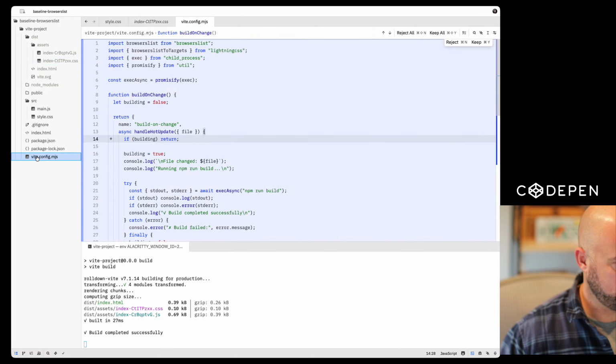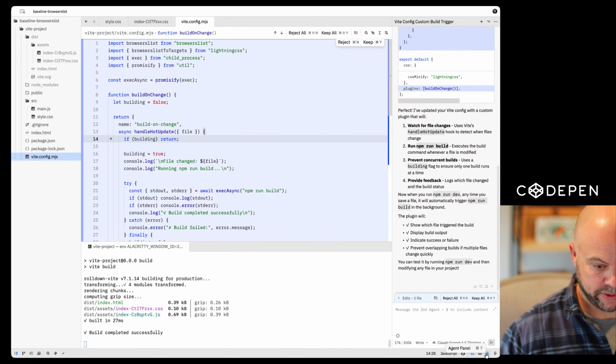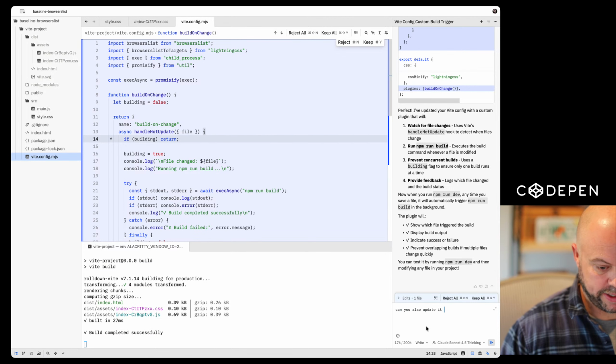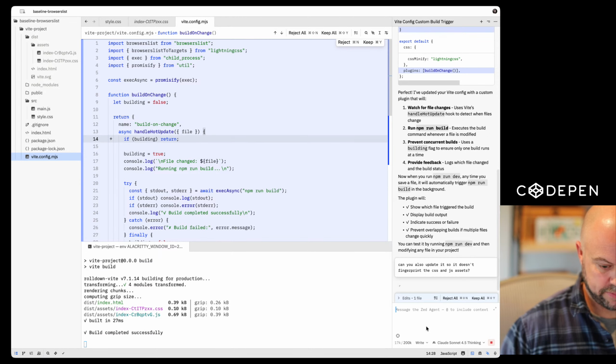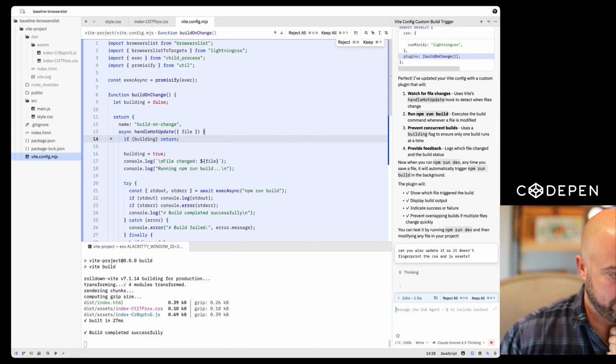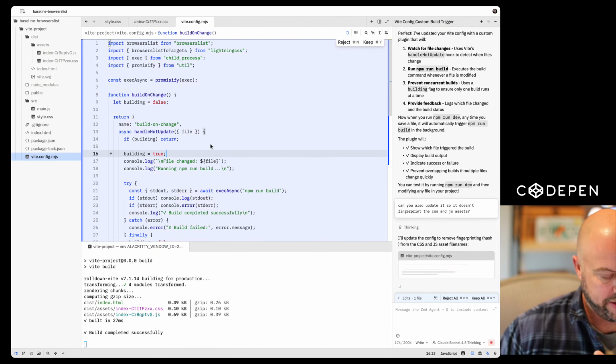Ooh, now that we're on a roll with that, I kind of want to try one more thing then. Can I reopen that little Sparkles? Can you also update it so it doesn't fingerprint the CSS and JS assets? I normally like fingerprinting. That would be a reason I would use Vite. Might be the only reason to use Vite. Not only reason, but like if I had to pick one favorite reason, I like tools that help me with